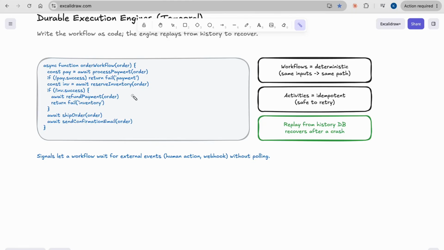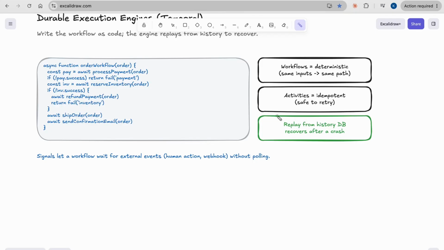A new worker picks up the workflow and re-executes it from the top. At process payment, the history already has the result, so the engine returns it without calling the payment service again. Same at reserve inventory. Now it reaches ship order, knows it has not been executed, and continues live from the exact point the crash interrupted.